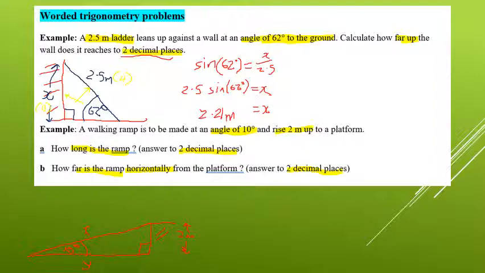So I've got my right angle triangle. I might label my sides that I have here. The 2 meters high is the opposite the 10 degrees. X is the hypotenuse of this right angle triangle, and therefore Y, being the third side, must be the adjacent side. Alright, so we've got 2 calculations we need to perform here. One is how long the ramp is, that is what is X. So A,